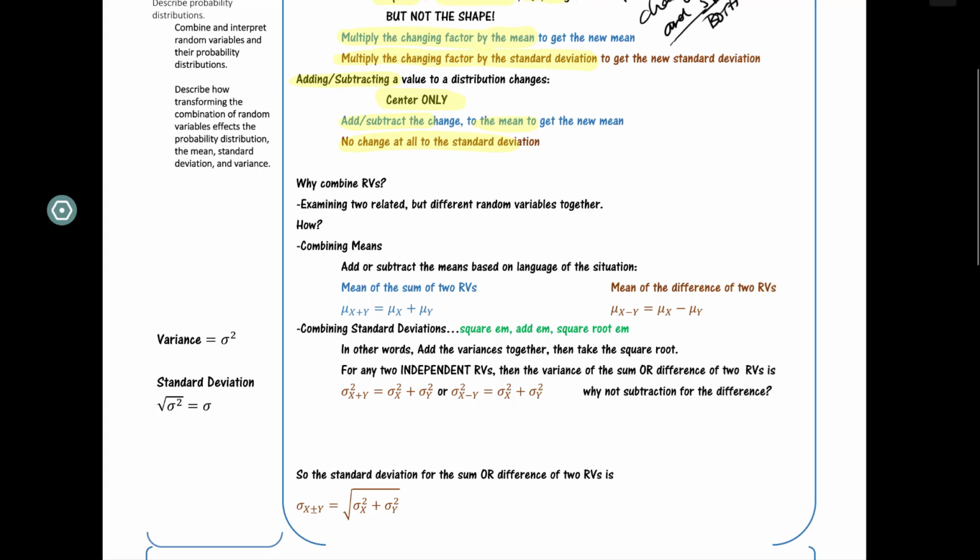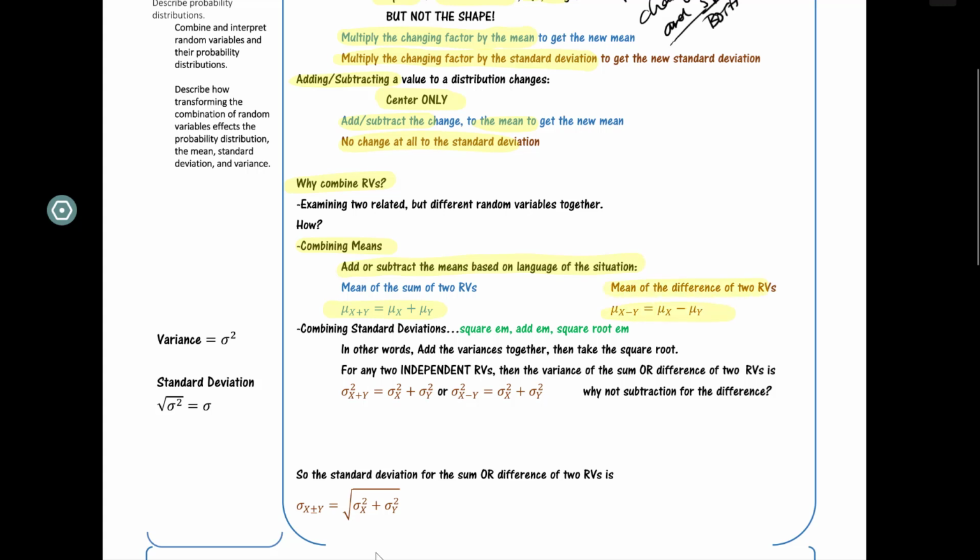So in order to combine random variables, the reason we do this is because we want to examine two related but different random variables together. And the way we do that is we can combine their means and standard deviations as well. Combining means is super simple. All we have to do is add or subtract the means based on the language of the situation. So you have to see, are you combining to find the sum, or are you subtracting to find the difference